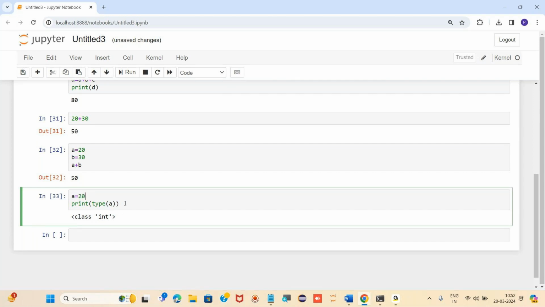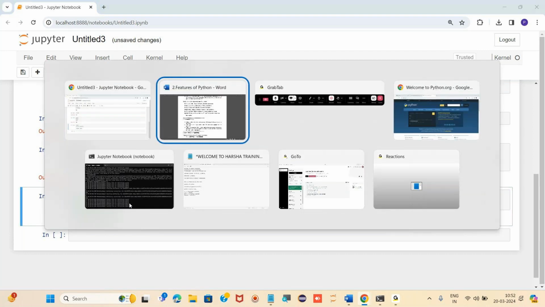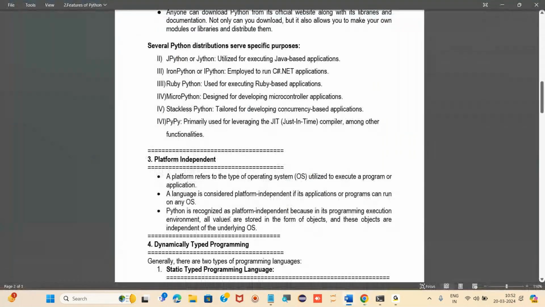Getting my point? Right? So this is something about platform independent language. Python is platform independent language.